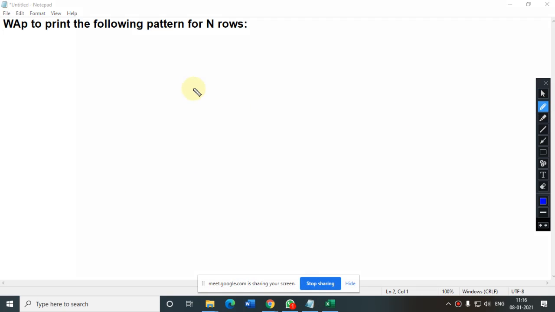Now see, please do it carefully. This is a little bit different. Suppose the number of rows the user has entered is 4, right? So what we are supposed to print, please pay attention here, everyone. This question you need to copy in the notebook.